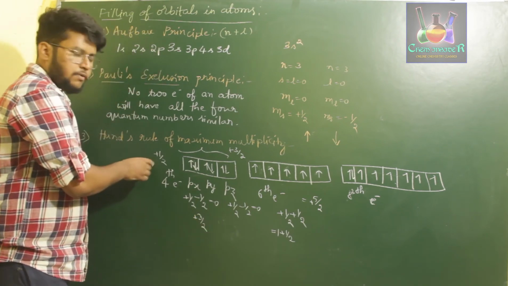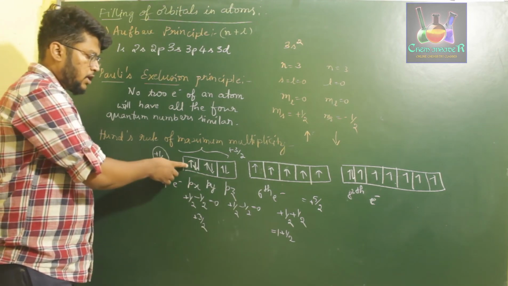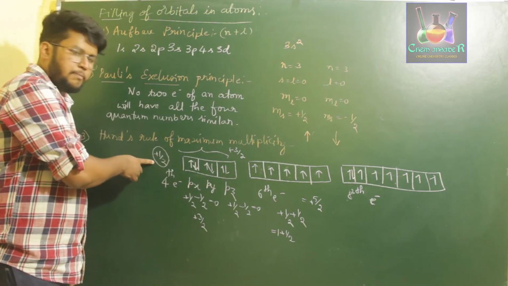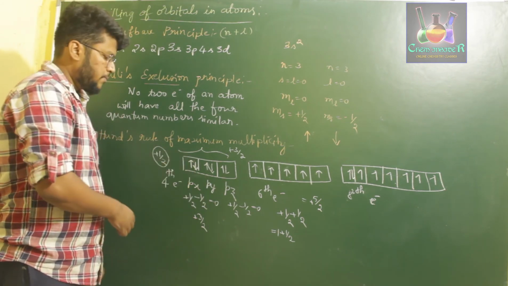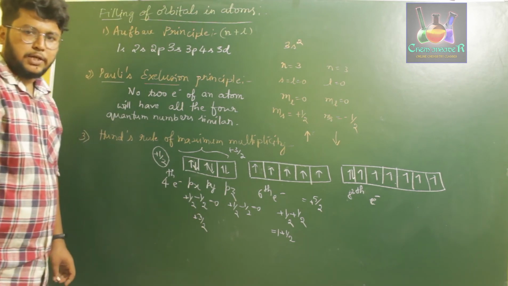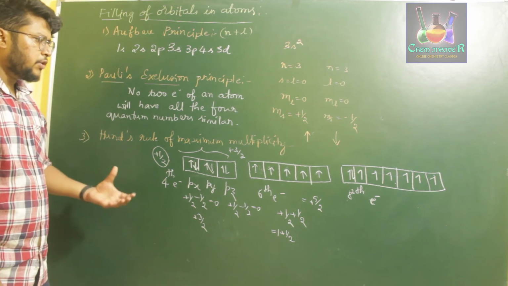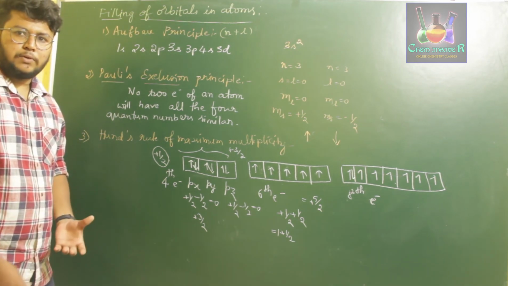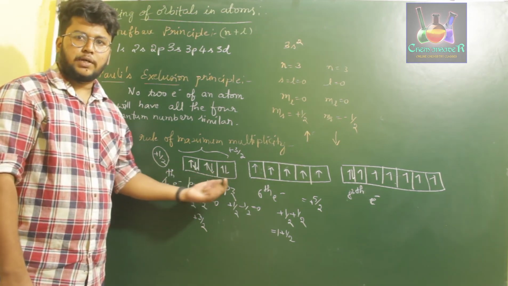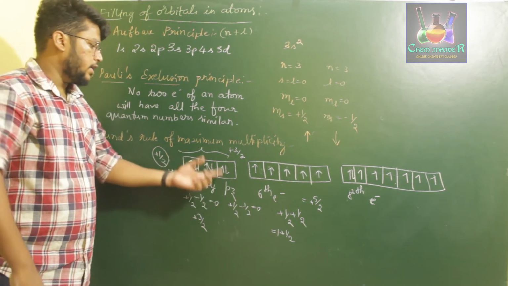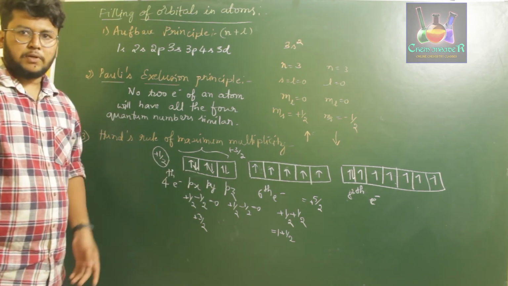So if you observe here, if you pair up in the initial stages itself, the maximum spin value will be plus 1 by 2. If you pair up later, once it is completely singly filled, the maximum multiplicity will be plus 3 by 2. That is what Hund's rule of maximum multiplicity means. In order to obtain a greater value of spin quantum number, you first need to fill each of the orbitals with at least one electron, and then pair up the others, which decreases the spin values.